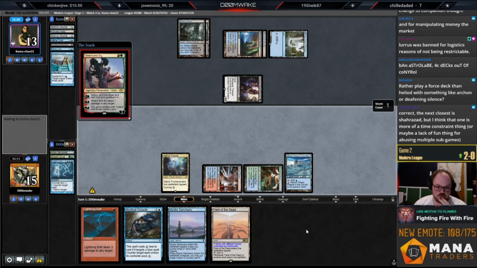I'm going to end up playing Field this turn anyways. If they have a counterspell, I'll just dispute it. They know I have dispute, so...